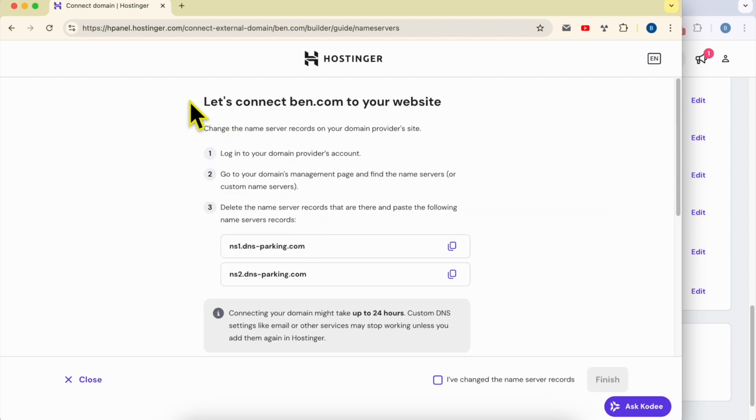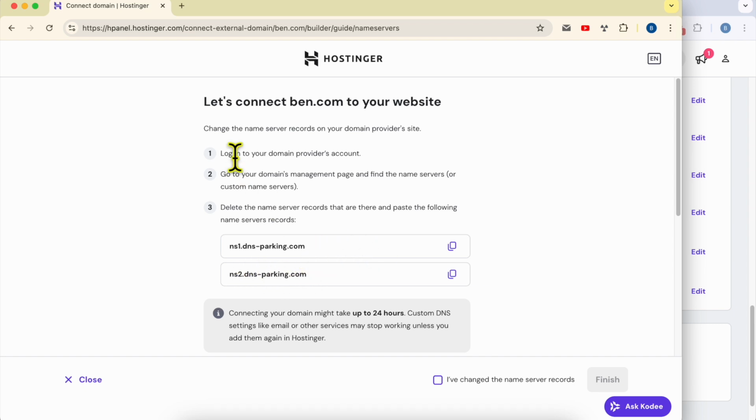If while trying to connect your domain name, you encounter this step where they ask you to use those two Hostinger name servers to confirm your domain ownership,